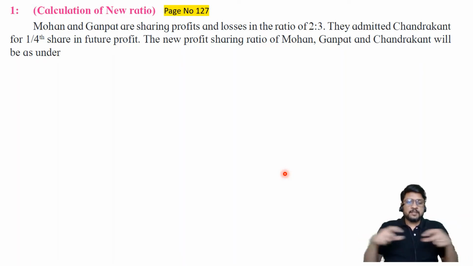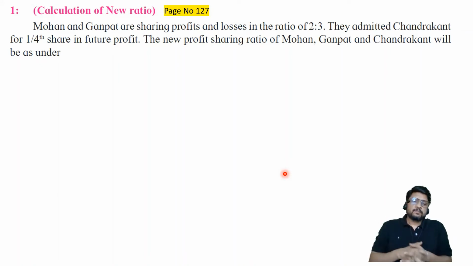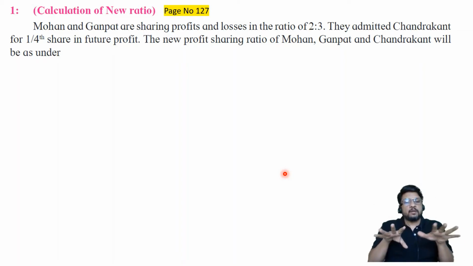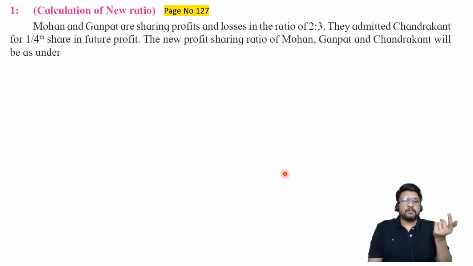मतलब आपली जी ट्रेनची सीट होती त्यात बसलाय कोण आधी मोहन आणि गणपत आणि कसे बसलेत ते इक्वल बसलेले नाही आहेत. Mohan is using 2/5. Sir, where did you get 5 now? If 2 parts are going to be given to Mohan and 3 parts are going to be given to Ganpat, 2 Mohan, 3 Ganpat, that means there must be 5 parts. So out of 5, 2 are given to Mohan. Out of 5, 3 are given to Ganpat. So that is 2:3, or you can say 2/5 and 3/5.